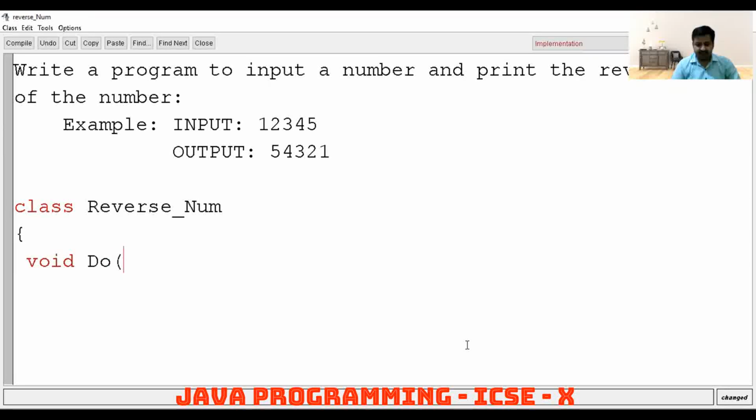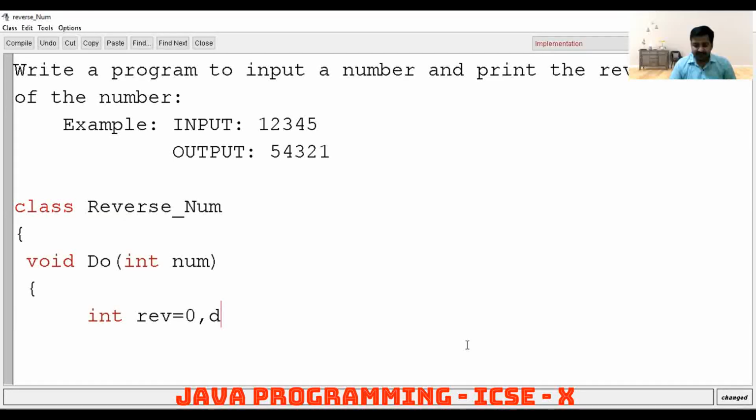I'm taking one input over here, int num. After this, starting the scope of the function void do, and we are simply declaring some variable rev equals to 0, in which the reverse number is going to be stored, right? And one variable which is going to store the digit.